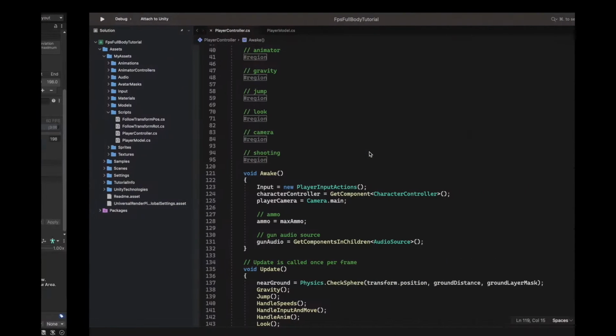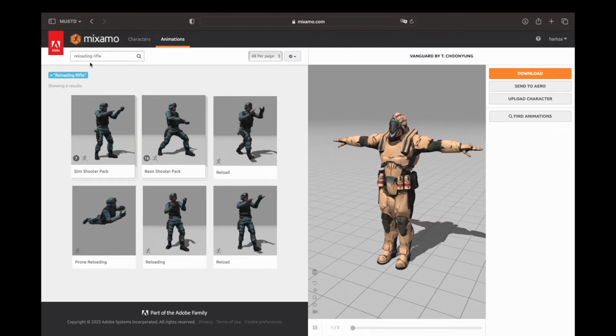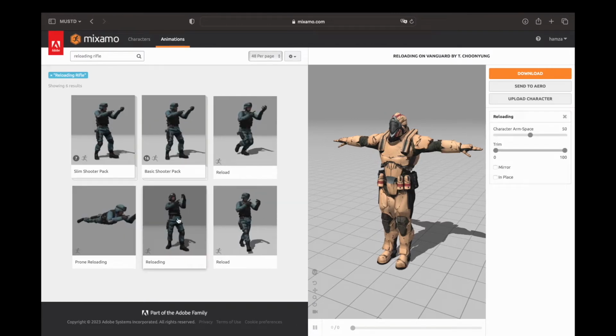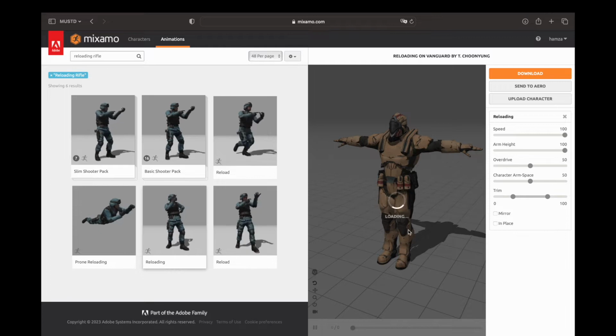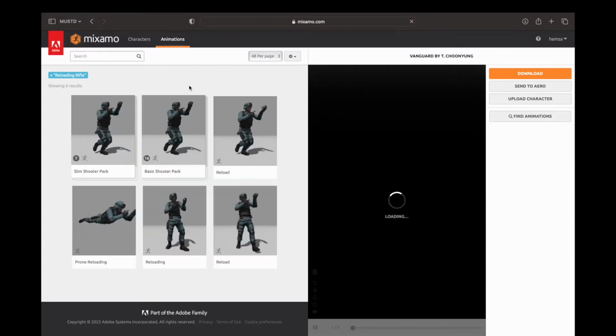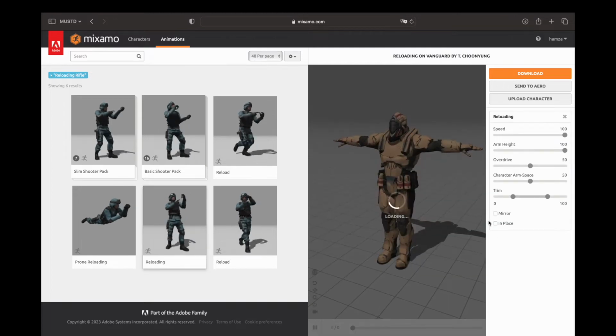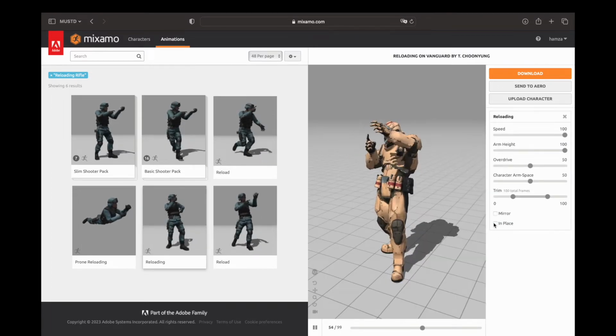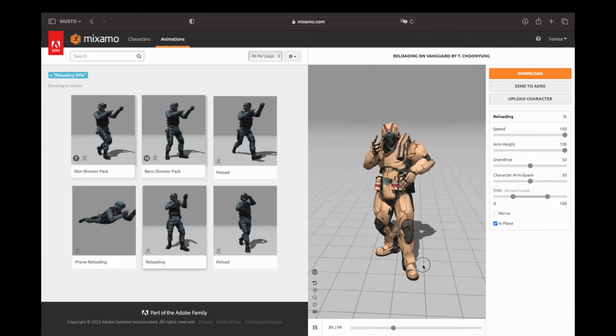Okay, so I got this animation from Mixamo as usual. You're just gonna go into Mixamo and in the animation tab search for reloading rifle, and then just look at this reloading one. It has the one we want. Let's refresh it. After we refresh it, it's going to start previewing the animation. For some reason Mixamo is slowed down. Okay, so I can select it, and here we are. You can see, just select the in place checkbox,